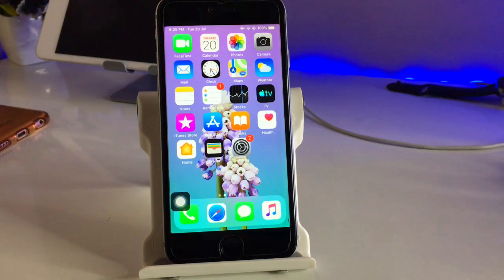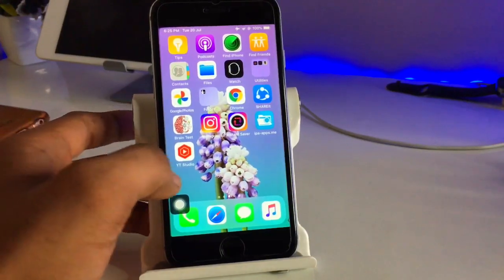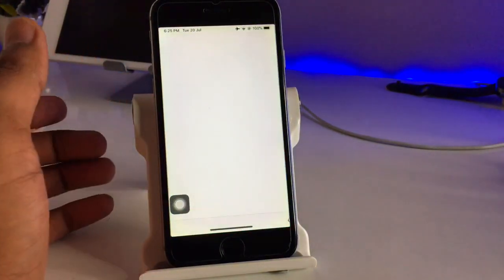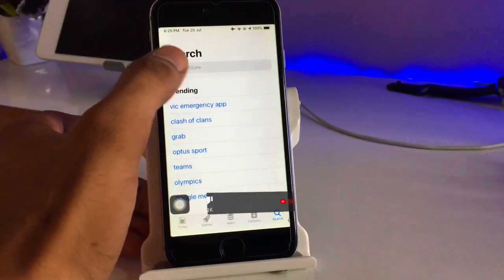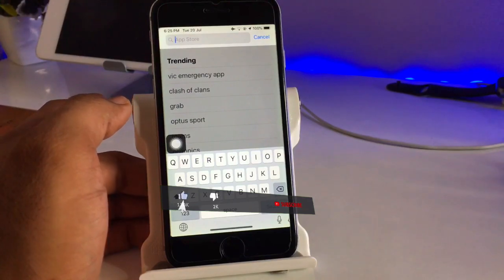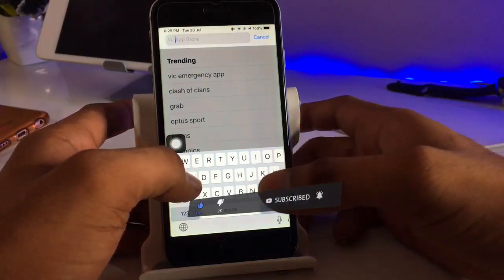In this video I will show you how we can download Twitter on iPhone 6. You guys can check here if Twitter is not showing in your App Store. I will show you how we can download it through the App Store in a legal way. You don't need to install any third-party app or go to any third-party website. So I will just show you how we can download it.